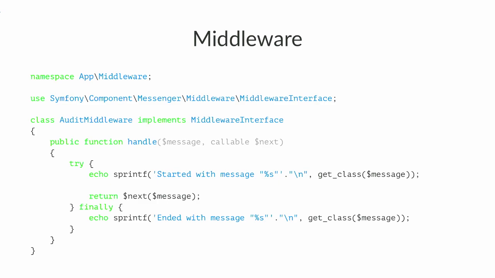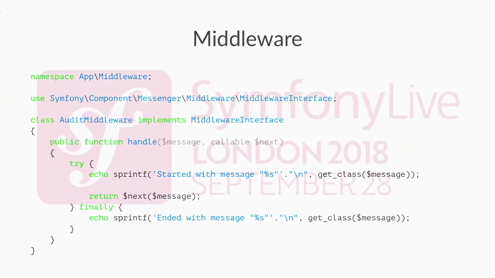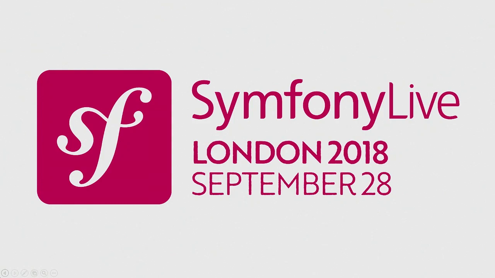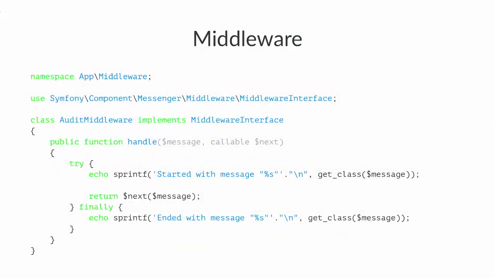I'm going to try to describe it to you because you cannot see it. It's a class that implements the middleware interface that has just one method. That method is called handle, and it has 2 parameters. The first one is a message parameter, and the second one is a callable, which is next. In your middleware, you can call the next callable with the given message to call the next middleware. A middleware is just aware of its own little scope, and its own job is to call the next middleware.